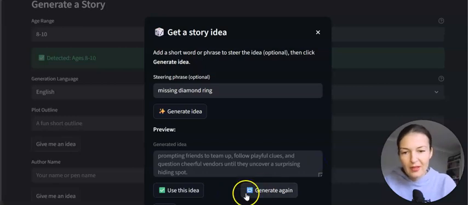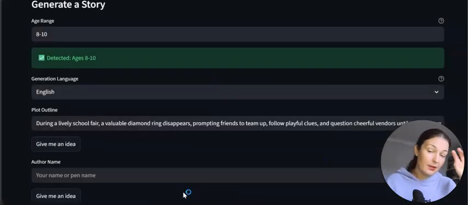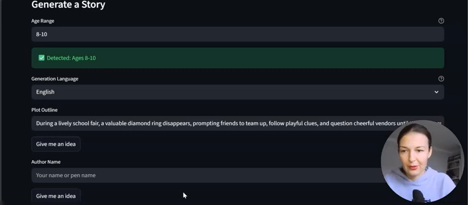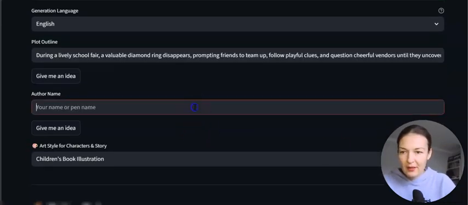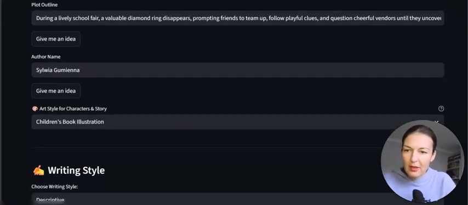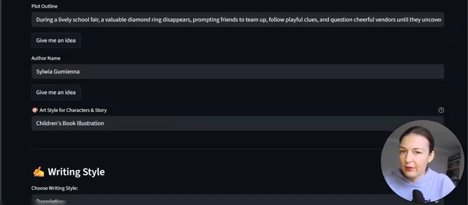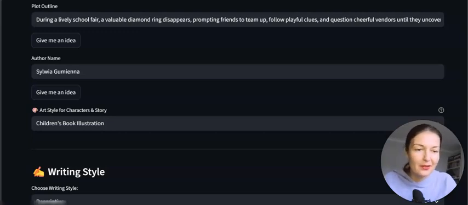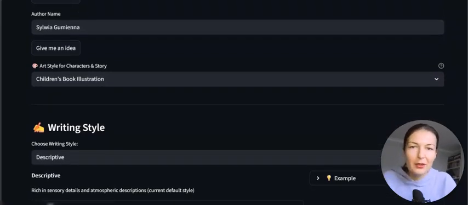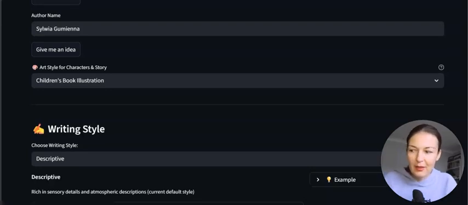Okay, that's fine. Use this idea. So this is gonna be the plot, sort of, right? Author's name. So I use my name. You can use a pen name, okay? I would actually strongly encourage you to do so if you don't want to, because these are AI generated books, so you wouldn't have written them, right? I used to use the Witch of Venus pen name for my AI generated books, but I sort of don't care anymore. But you may, by all means, use a pen name.